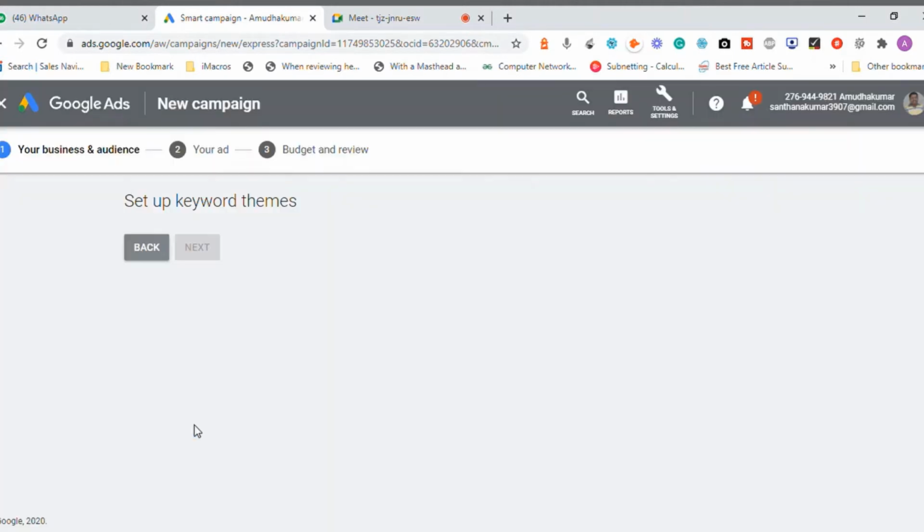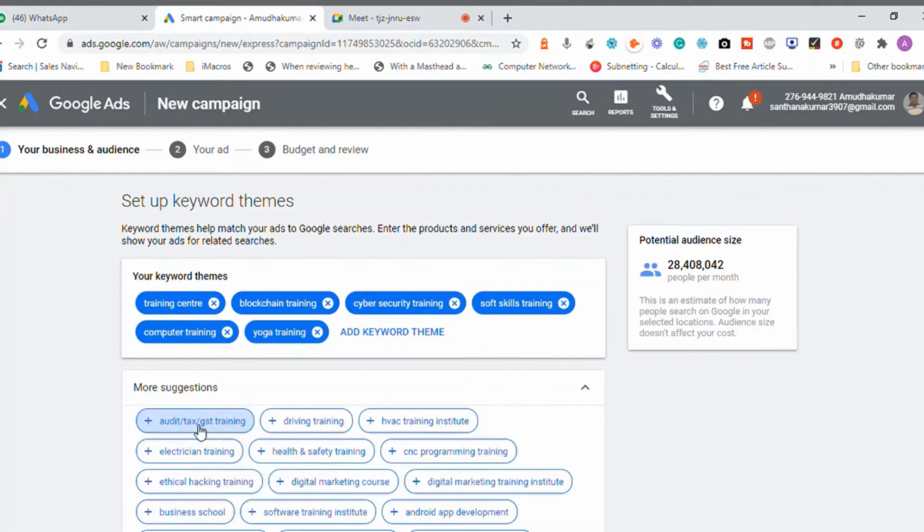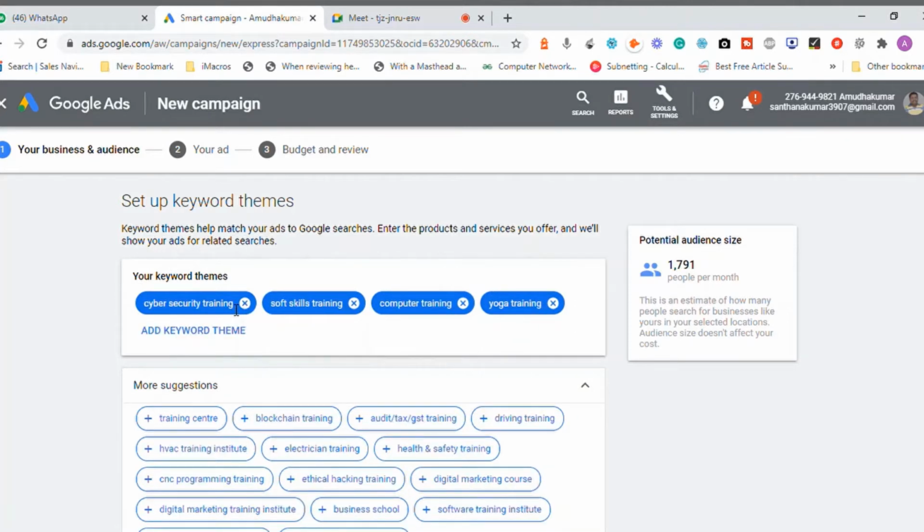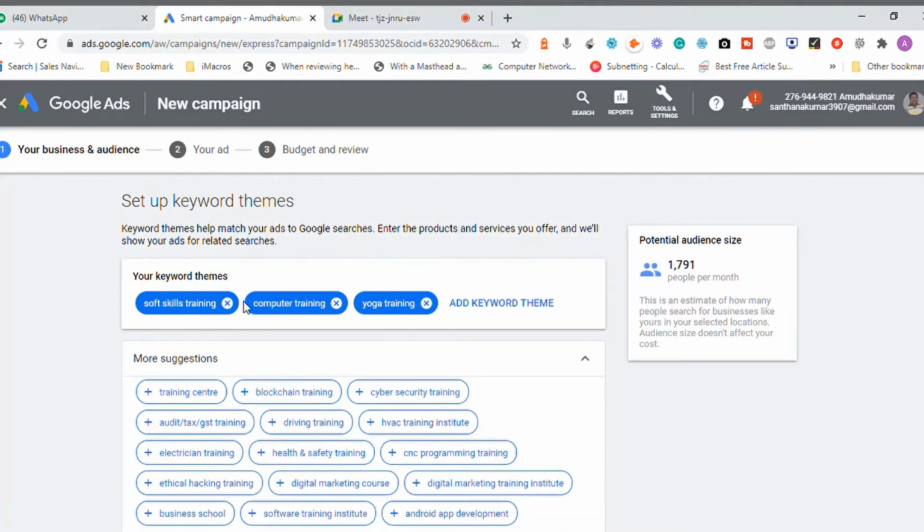So the next is what I can see here. Instead of calling it a keyword ad group, they are calling it setup keyword themes. Very generic. Based on the content, I can give it here. Training center, cyber security. I will remove this. Blockchain, I will remove too, and add a new keyword based on my requirements.